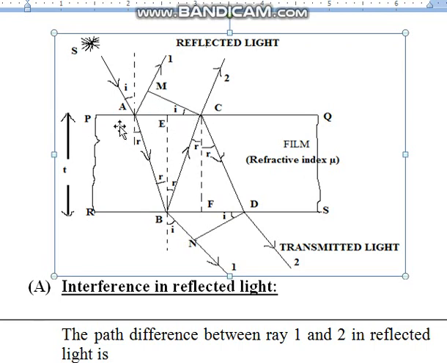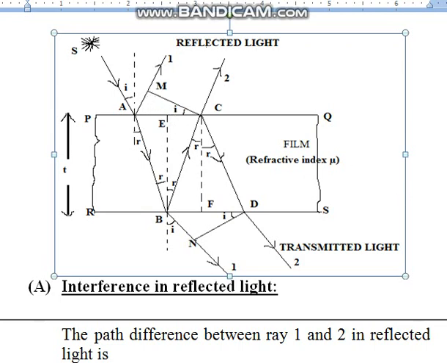Let's see the angles. This is the angle of incidence, this is the angle of refraction, and this is r. Then this will also be r, since at this point there is a reflection, so these two angles are the same. Here the angle i, the corresponding angle is also i. So the whole angle is 90, then after this the angle is 90 minus i. This angle is 90, so this angle is also i.